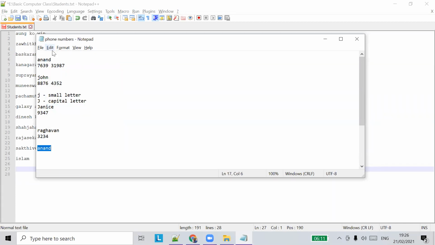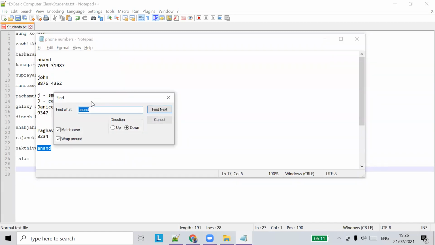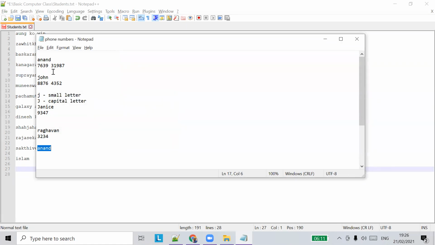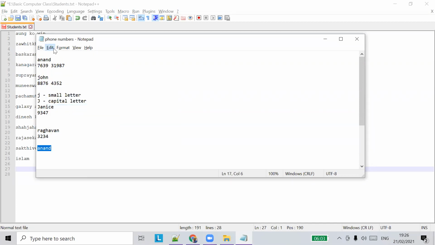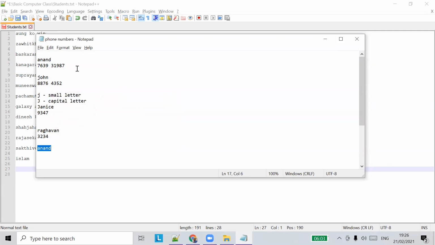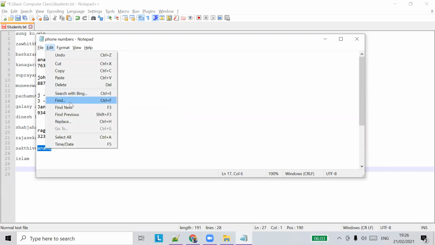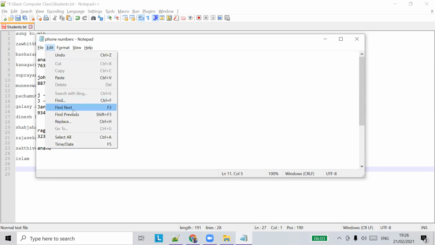Both are similar, but when you choose find, you have to give the text here. But here, when you just select it and say find next, you don't have to type the word.